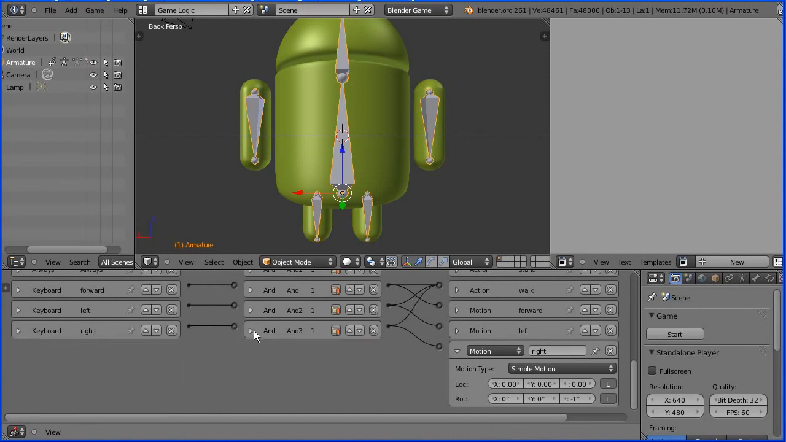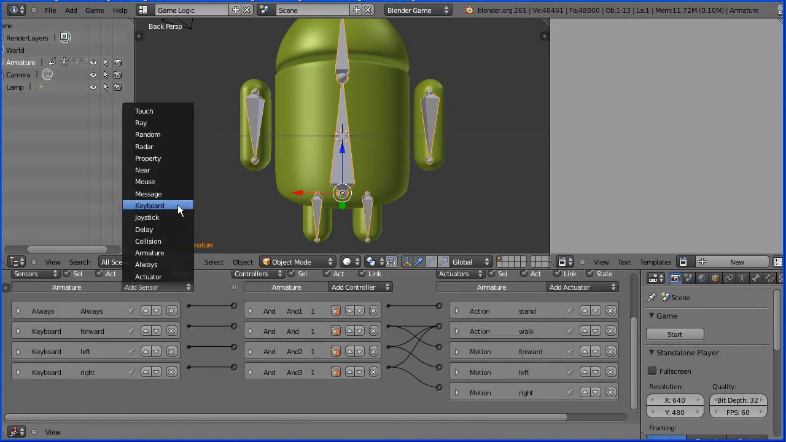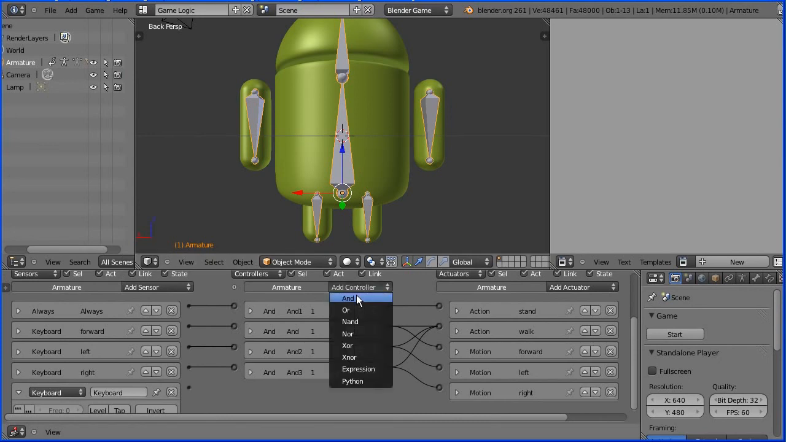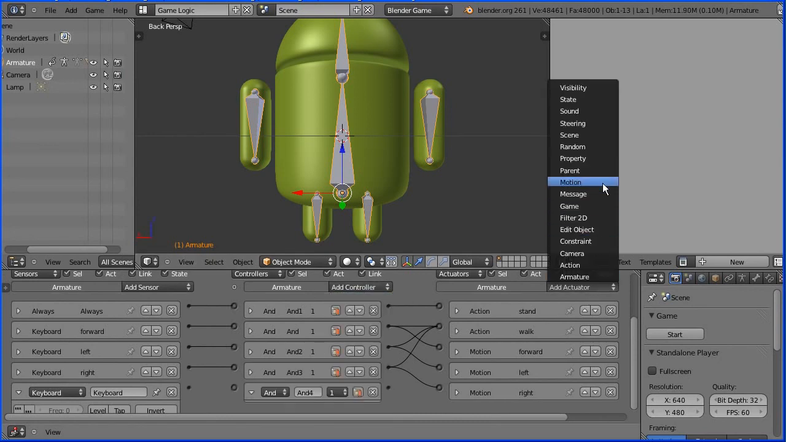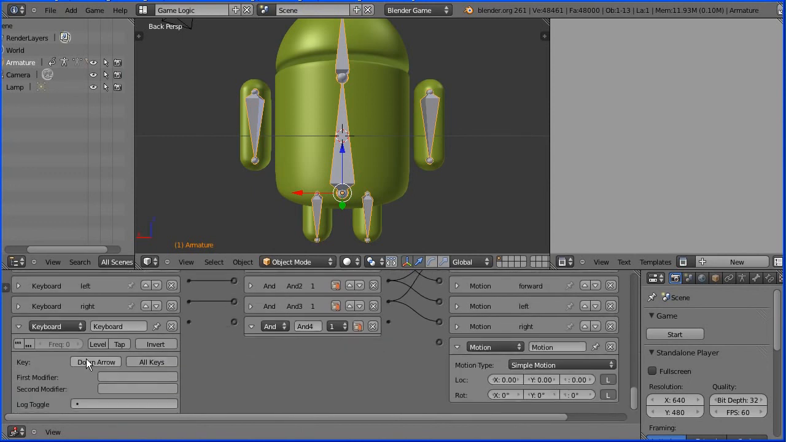I'm going to connect the AND gate to the walk action so that he waggles his legs as he turns to the right. And finally I'm going to do the back arrow. So I'm going to add a keyboard sensor, an AND controller and a motion actuator, and I'm going to press the back arrow and name the logic brick back. Connect that up and name this logic brick back,